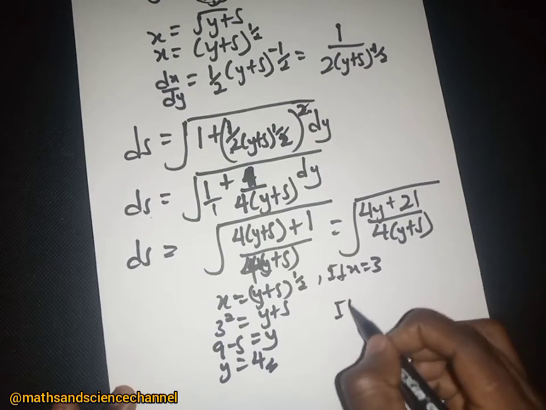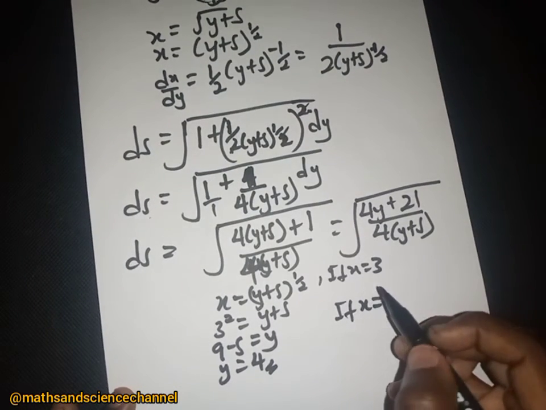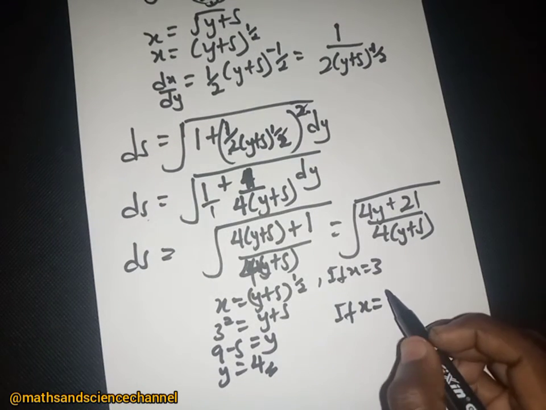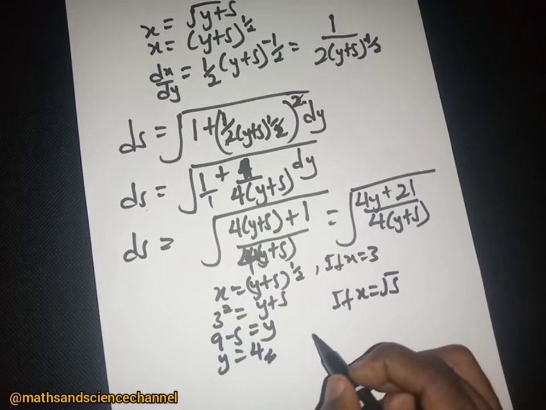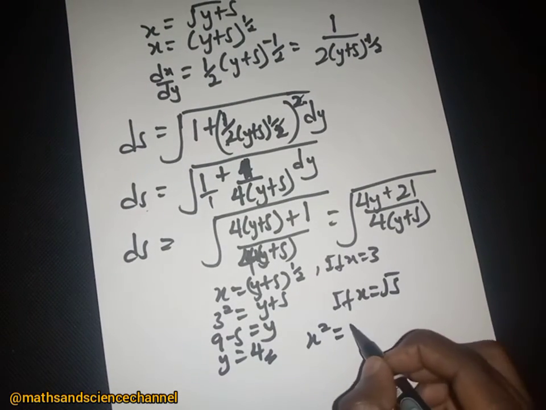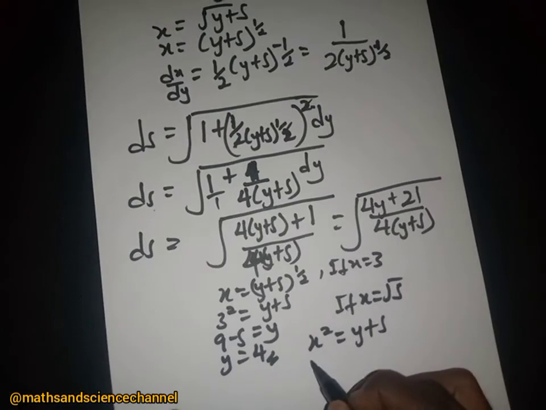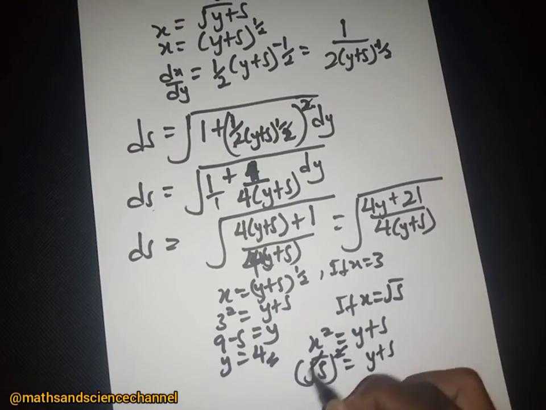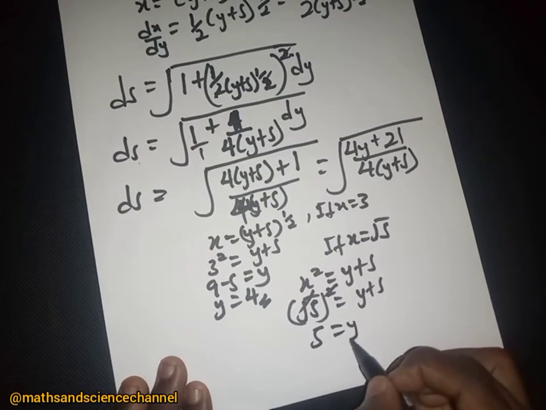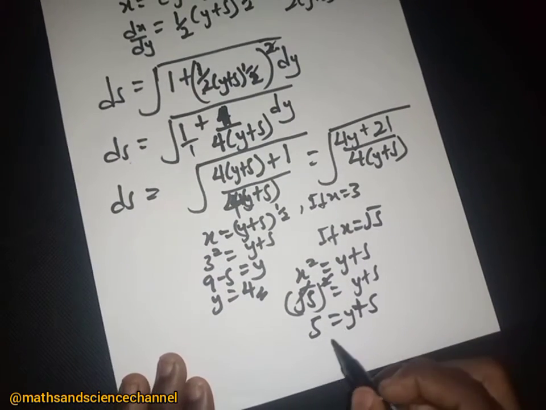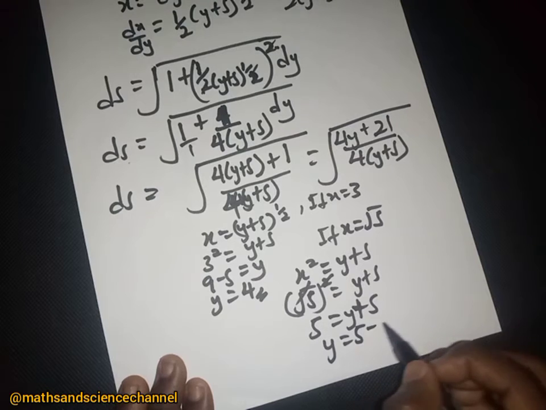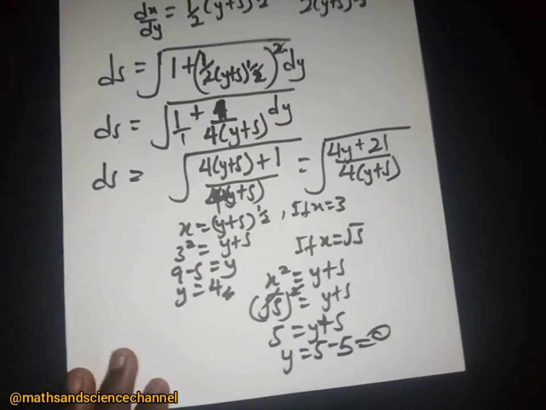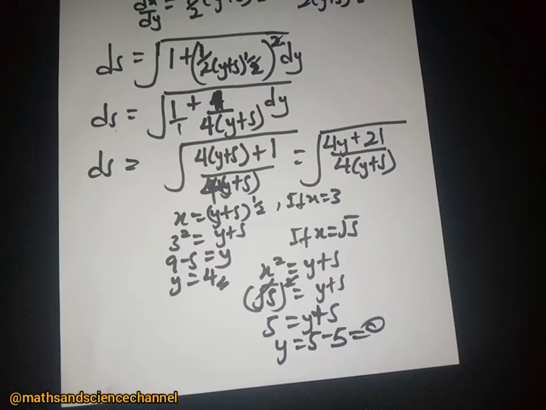And then also if x here is equal to, so the second s was given as root 5 here, then which means that our s squared being equal to y plus 5 here is just going to be the root of 5 squared being equal to y plus 5. This gets rid of that and we have 5 equal to 5 plus that, and y here is just 5 minus 5, right, which is equal to 0. So now since we have changed the limit in each case, therefore we can